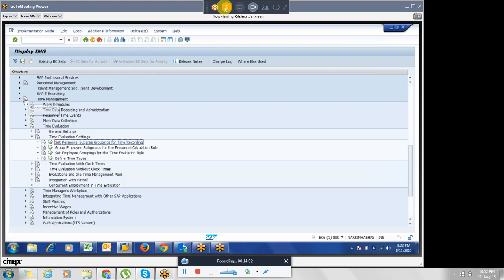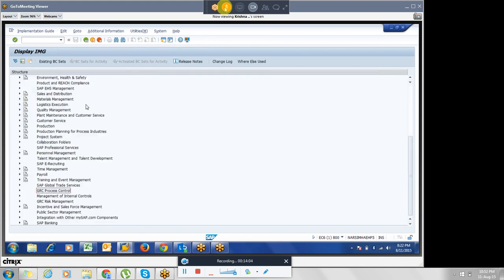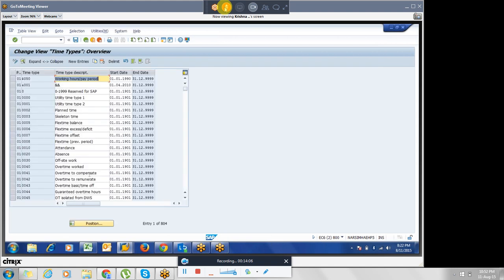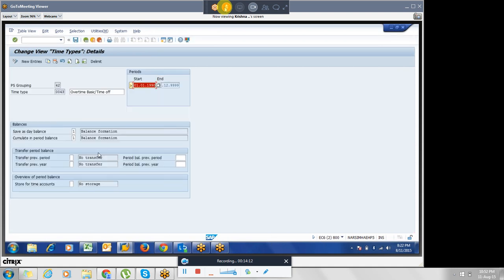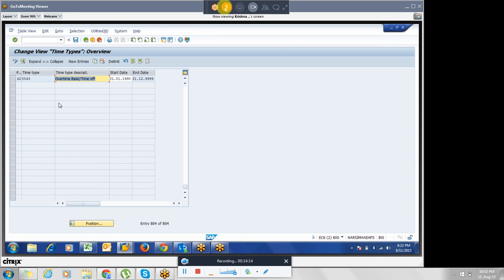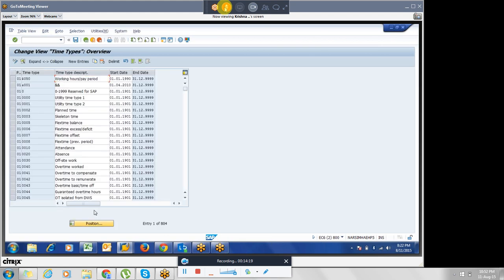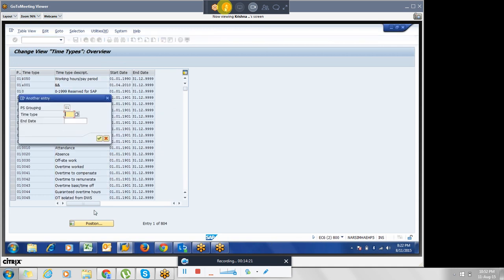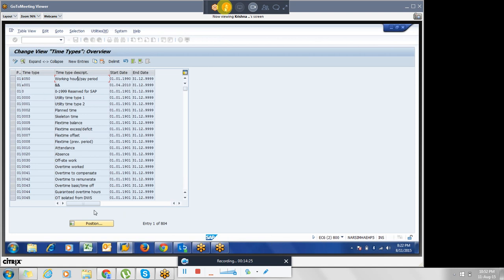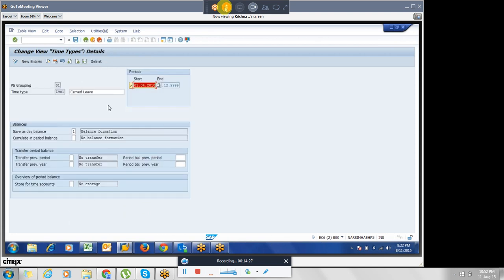So that's all from the configuration side, but in the time type, what we have done: see, these are the characteristics of the time type.